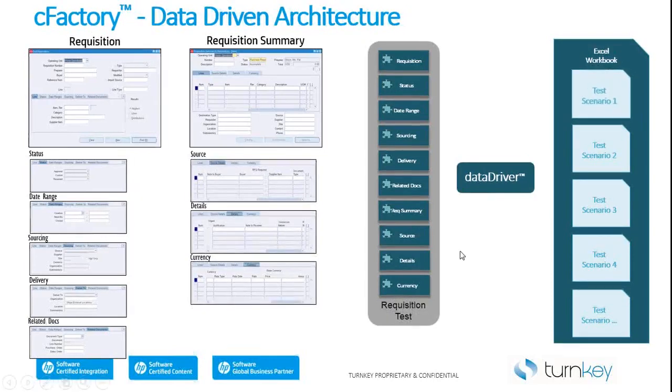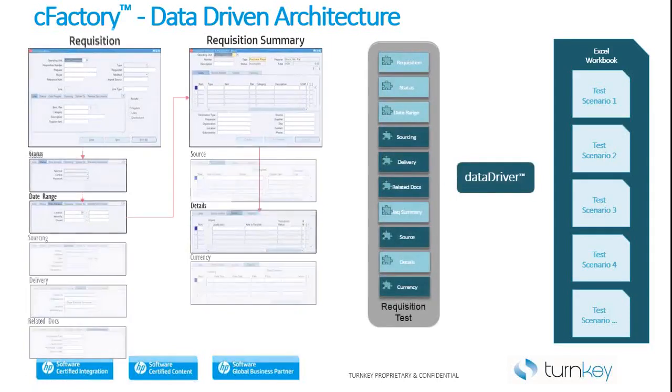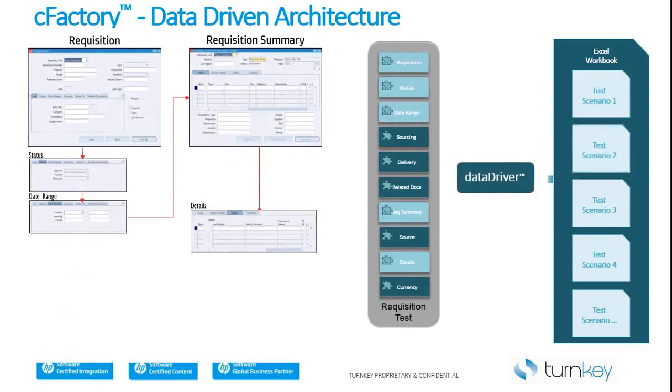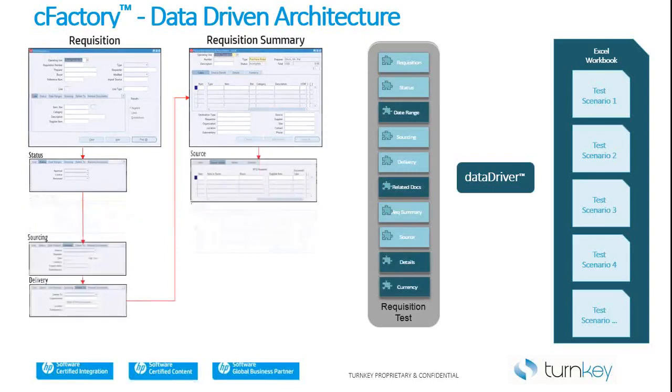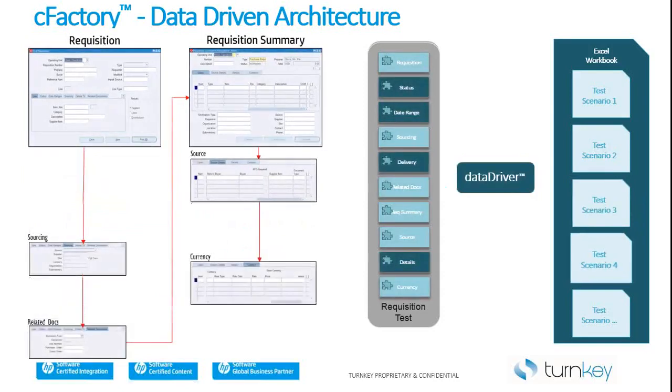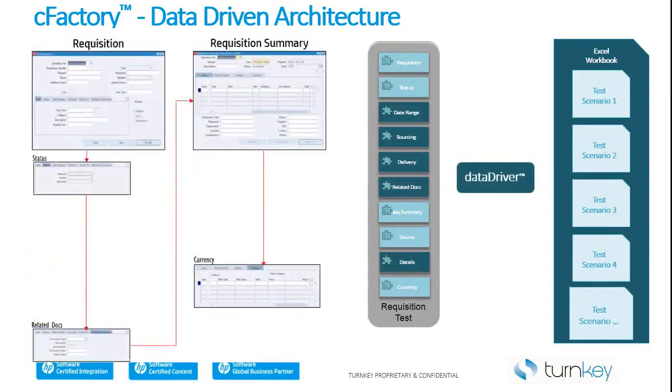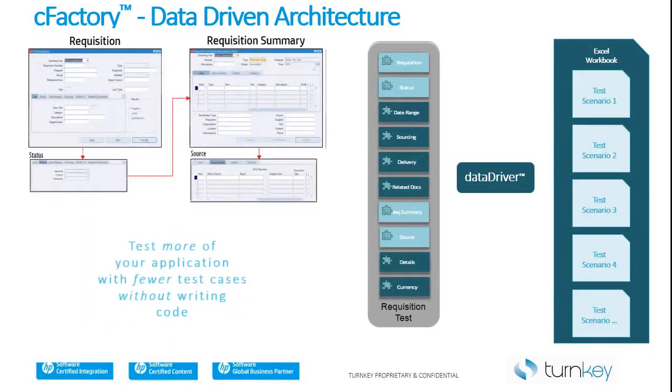What happens is DataDriver launches each of these. Test scenario 1 is going to follow a specific path that's been identified, and the data itself that I've used in the test will determine the flow of the test at runtime. So the data is going to determine which of these components are used and what the flow is, and I determine the results that way. So with one test, I can literally write hundreds or thousands of test scenarios and use just the data to generate those tests and test results.